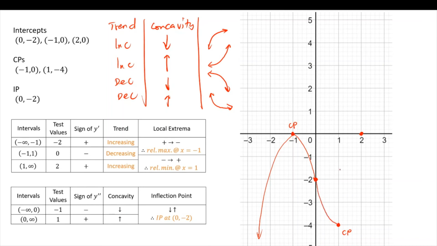Okay. And then lastly, from +1 to infinity, the graph is increasing. And then the concavity is upwards. So increasing upwards, the pattern is like this one. So this is now our graph. If we use a graphing tool, then the graph will look like